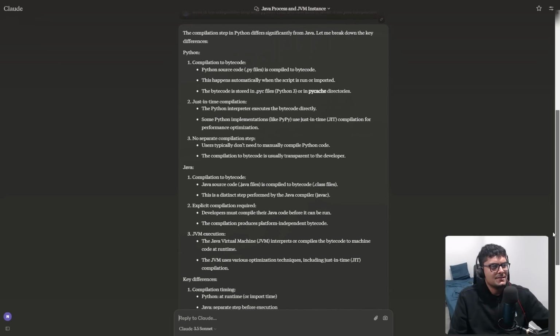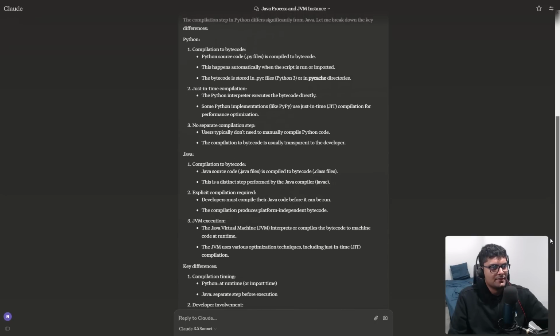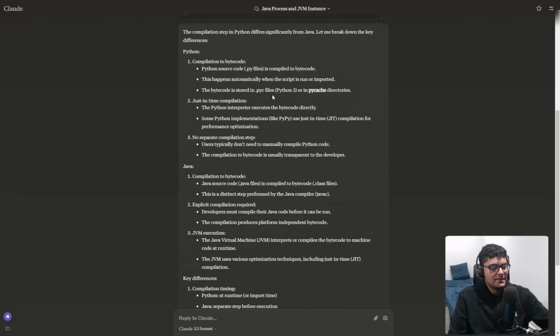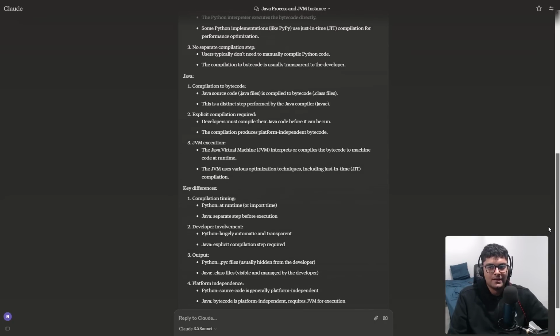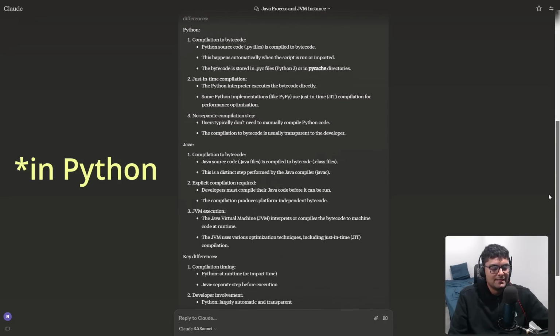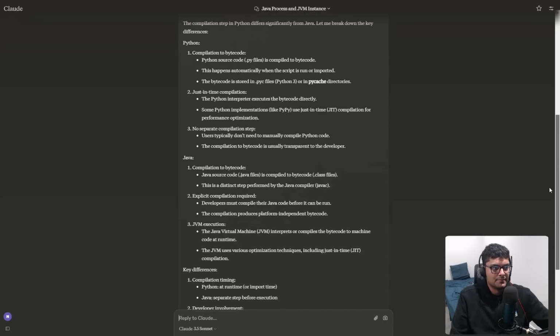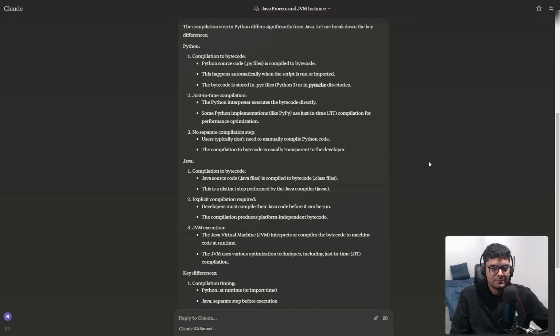Okay, so there is a compilation step in Python. It's compiled into bytecode, but it happens at runtime, I believe. There's not an actual separate compilation step. So that honestly makes me feel like you could not know that. You could not know that there's a compilation step in Java, just like you could ignore the just-in-time compilation with JavaScript, and you'd probably be fine.